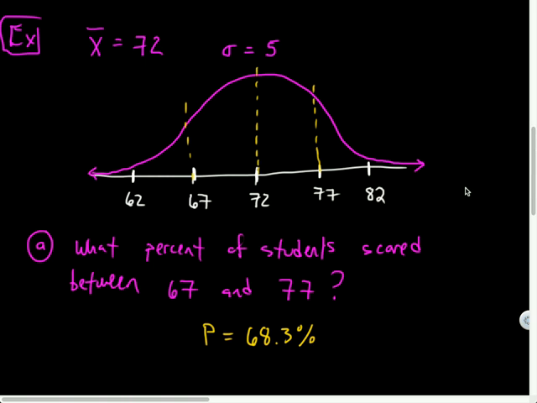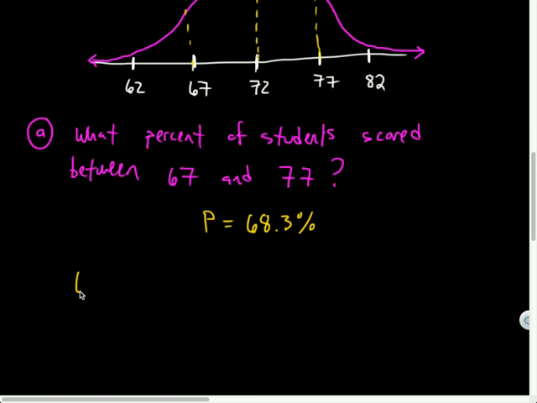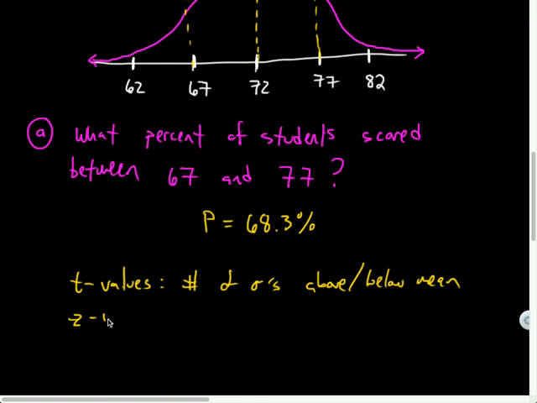T values are going to represent the number of standard deviations, so number of sigmas above and below the mean. Okay? Z values